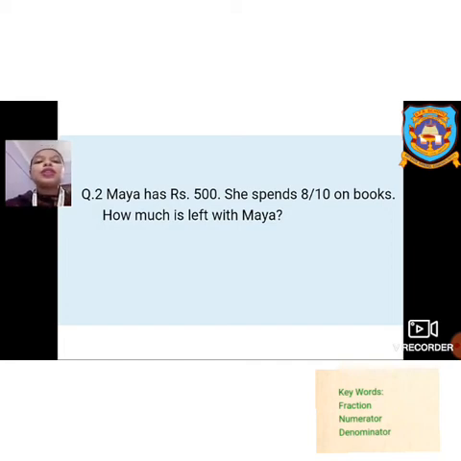And children, these 2 questions I will be giving in the Google Classroom as homework, along with some extra questions. Please check it out. Do it in your maths copy. If you have any doubt, you can drop a message in my WhatsApp number. And children, don't worry. Based on the topic of finding fraction of a number, the questions will be related to this topic only.